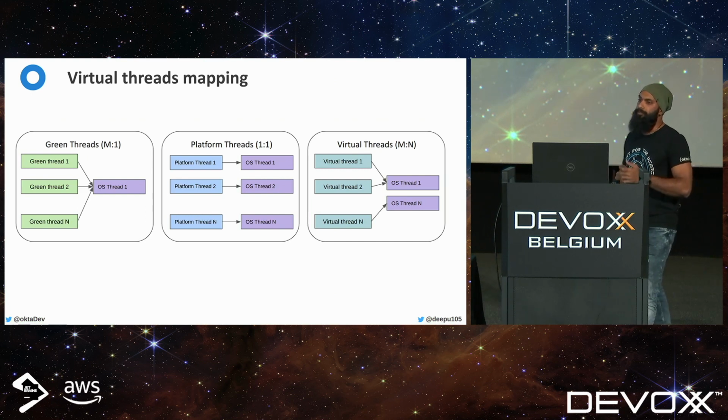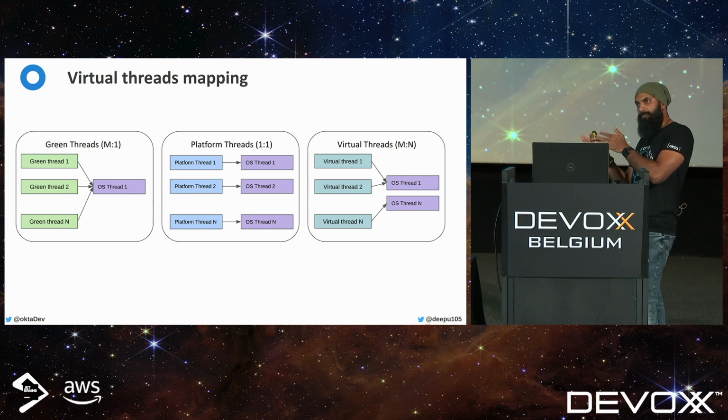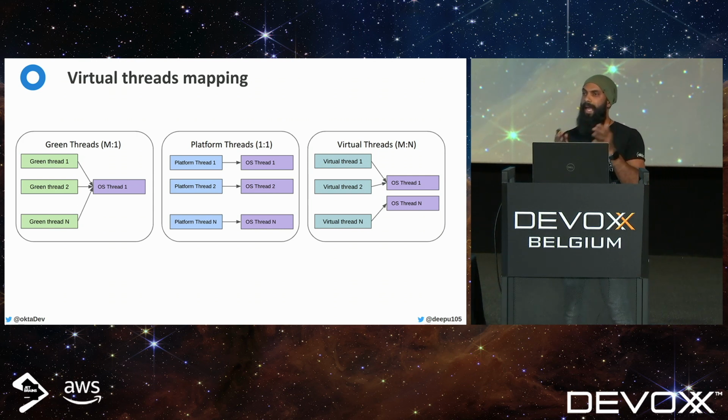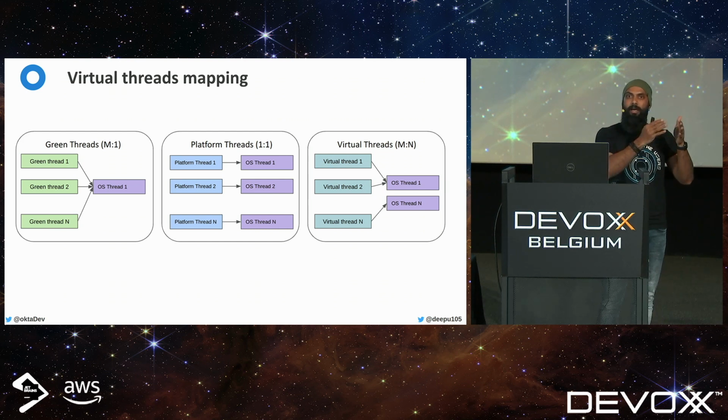So how does it differ from platform threads or the legacy green threads that we had? Unlike platform threads, the virtual thread implementation is managed at the JVM level. Multiple virtual threads are mapped to one or more OS threads depending on the load. These OS threads are called carrier threads, and a virtual thread can be mounted on one or more OS threads throughout its lifetime, depending on how often the virtual thread was parked.